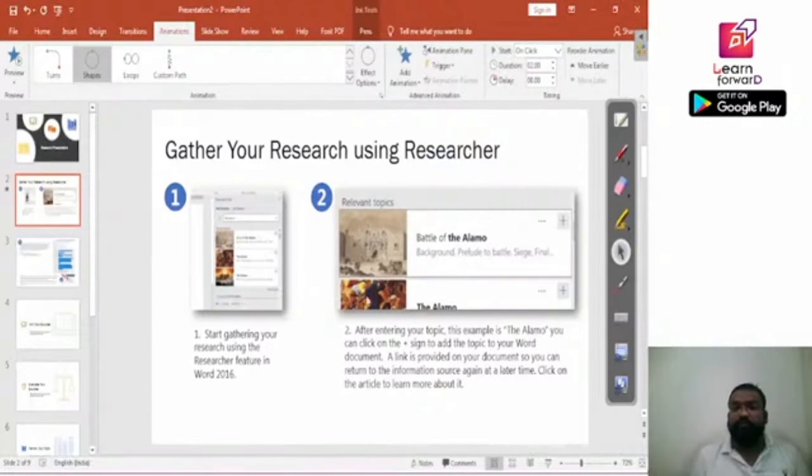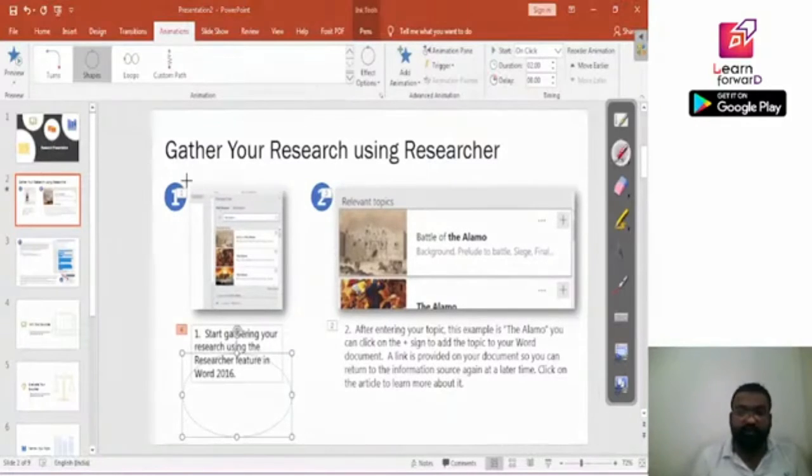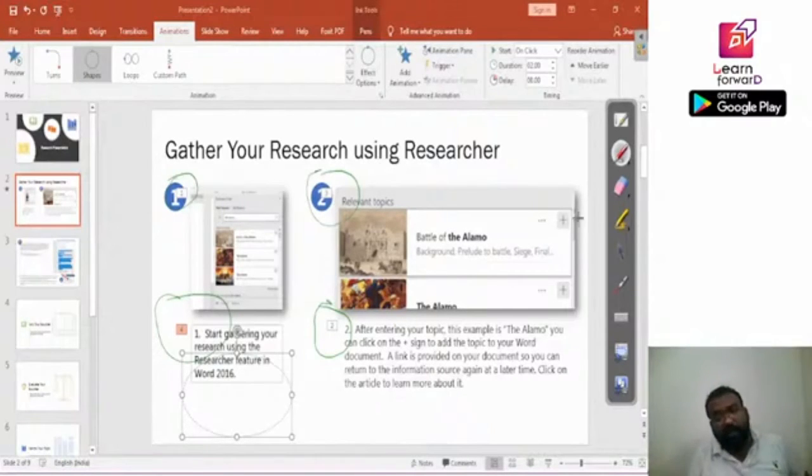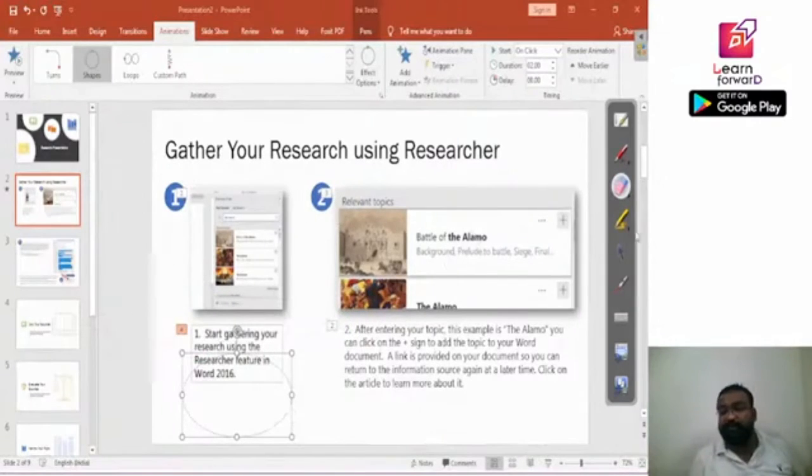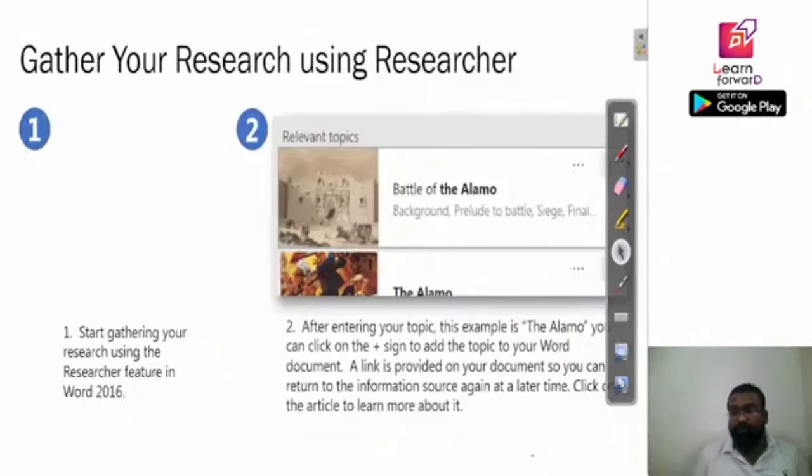Now we have applied all four animations on these four items, and you can see there is a number next to each animation that we have applied. This is the first one, this is second, then there is third, and there is fourth. Now let's see how it will work. When you present your slideshow, as of now all four pieces of information are showing. Now let's go to our presentation mode. When I click on this,